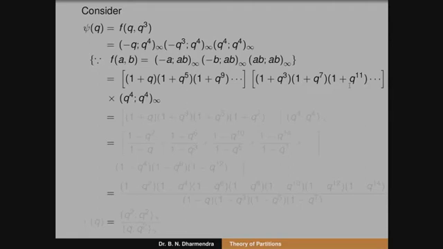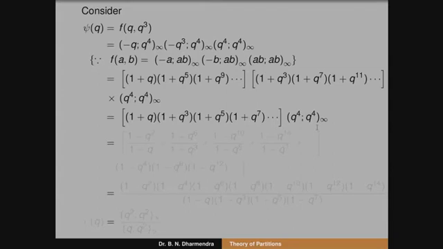Now we can club the first two terms. The first term is 1 plus q, in a proper order, both are infinite terms: 1 plus q, 1 plus q cube, 1 plus q to the power of 5, 1 plus q to the power of 7, 1 plus q to the power of 9, again 1 plus q to the power of 11. That means when I multiply the terms, we get only odd numbers: 1 plus q, 1 plus q cube, 1 plus q to the power of 5, 1 plus q to the power of 7, up to infinite terms, into q to the power of 4, q to the power of 4 infinity.